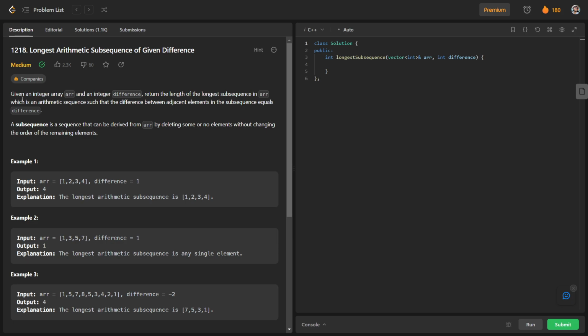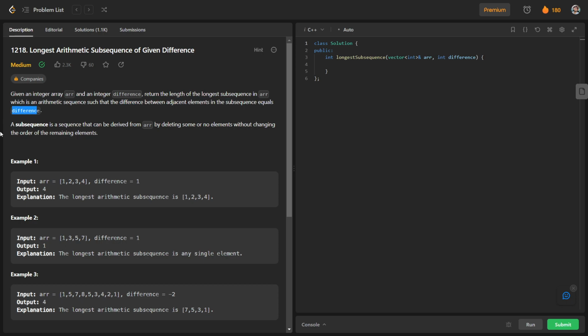So basically, given an integer array ARR and an integer difference, so these two things are given to us. What we have to do, we have to return the length of longest subsequence in ARR, which is an arithmetic sequence, such that the difference between adjacent elements in the subsequence equals difference.